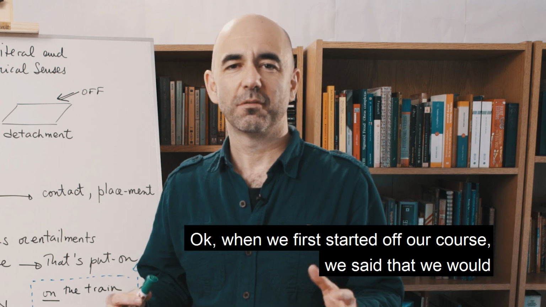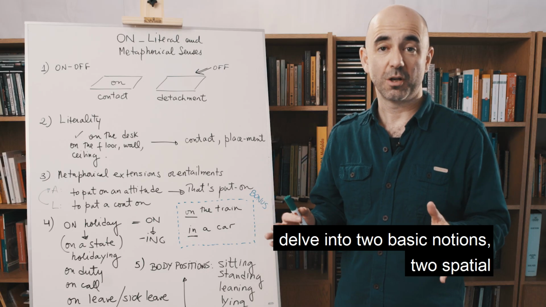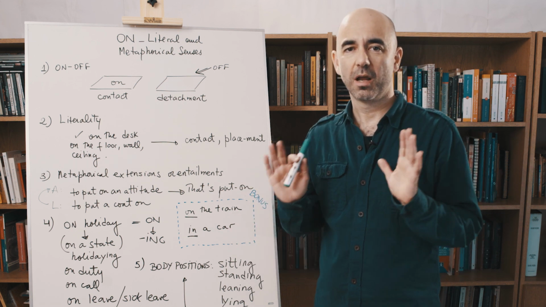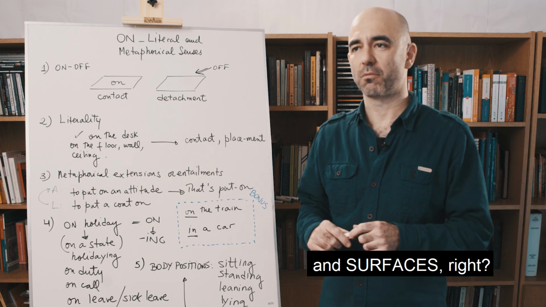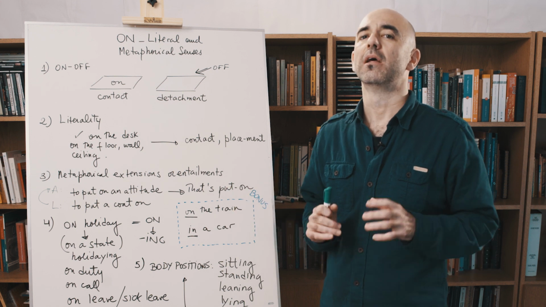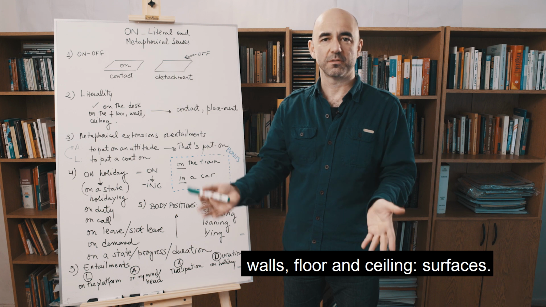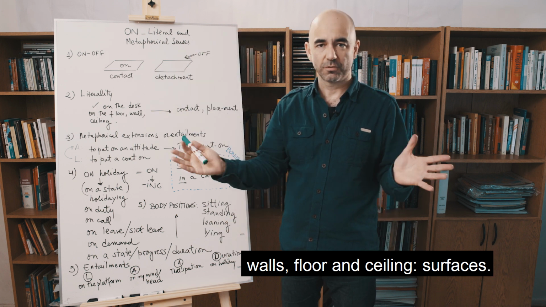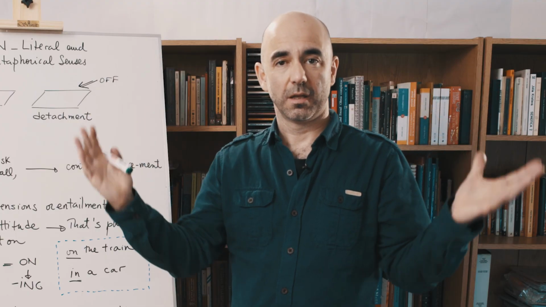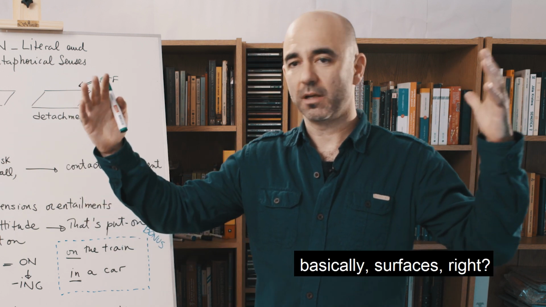Okay, when we first started off our course, we said that we would delve into two basic notions, two spatial locations, namely container and surfaces, right? And the reason why we said we would do that is that containers, such as a room, are made up of walls, floor and ceiling surfaces. So there is a very interesting correlation between the container and what the container is made up of, basically surfaces,